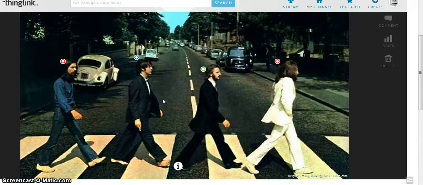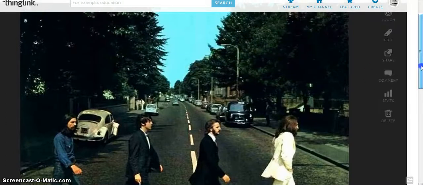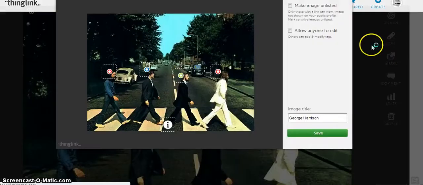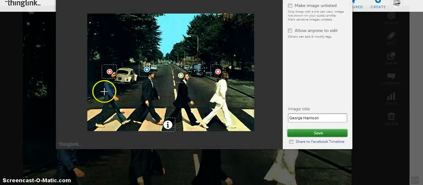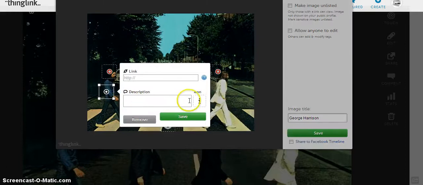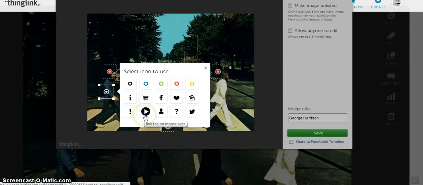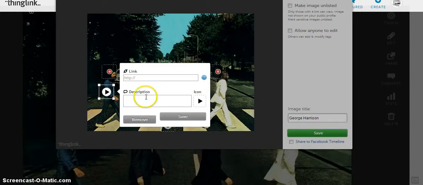Another example, let's put maybe a video clip in there as well. So I'm going to go back to my picture of George over here, and I'm going to add another clip over him here, and I'm going to change the icon to a play button because it's a piece of music. And then I'm going to write a description: one of George's most famous songs was Here Comes the Sun,